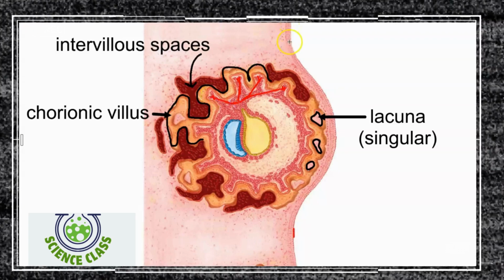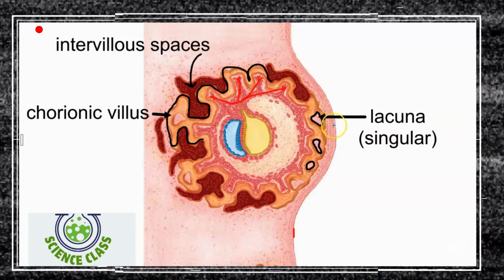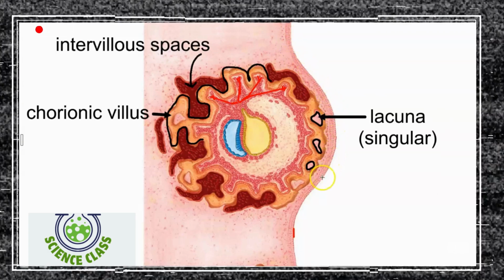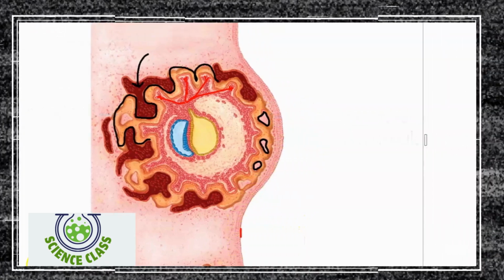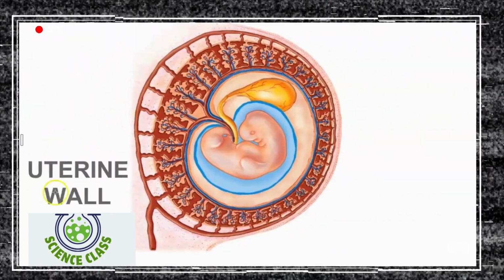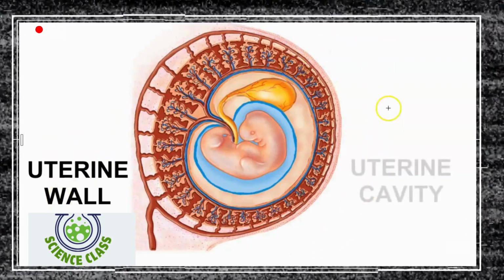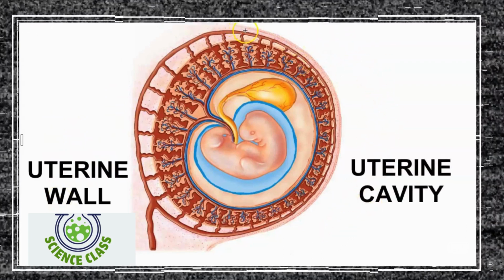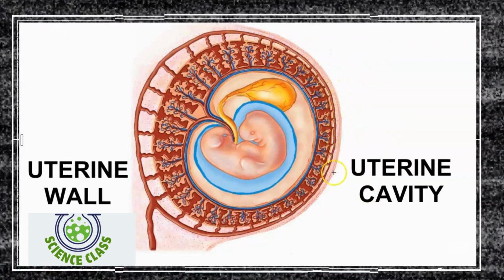We can also see here how implantation is complete. Notice how the endometrium has regenerated, and the endometrium completely contains the developing conceptus. In this picture, the uterine wall is over here, and the uterine cavity, the hollow inside of the uterus, is over here. Notice how the endometrium is still containing the offspring, but the offspring is starting to bulge from the